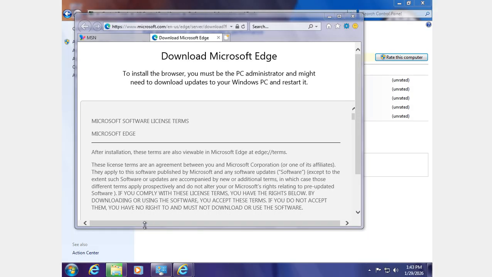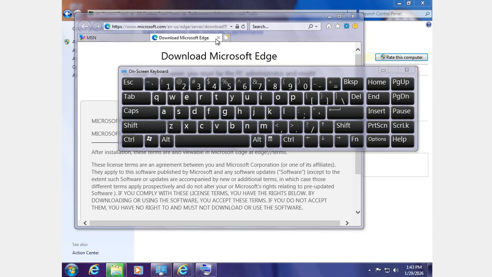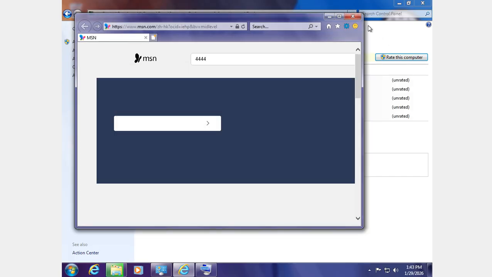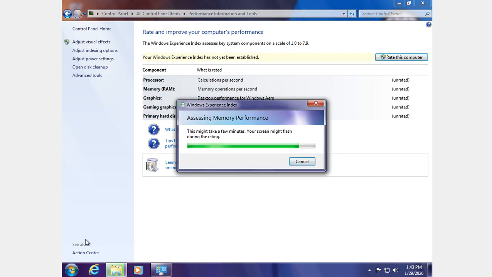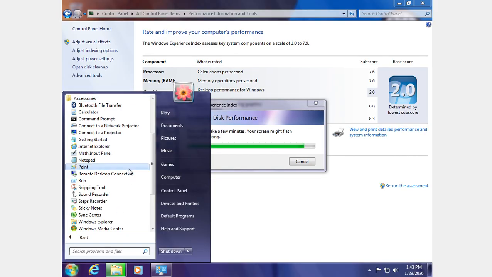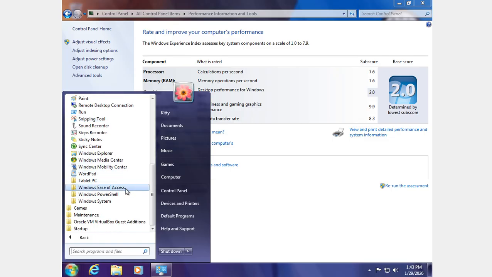On the keyboard for the Windows 7 keyboard. This is on the Windows 7 keyboard. Okay. Windows 7 keyboard. This is Windows 7 keyboard. On the there we go. On the 2.0 on the display on the 2.0 and opening from the